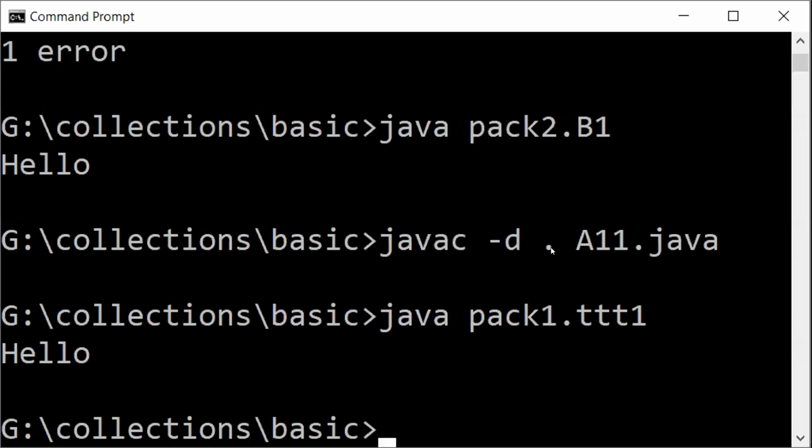So no, whether you say with a11.java or ttt1.java doesn't make a difference. You can say with any name. But when you are executing, you have to execute the class that is containing the main method. So that is why, in order to show you the difference, I have saved my Java program using a11.java, but when I am running my program, I am running using the class which is having the main method.